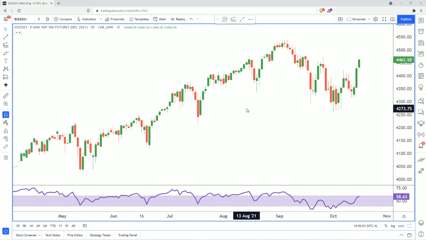Just decided to share with you some analysis I'm doing, just kind of looking at the S&P 500 right now. Actually, the S&P futures, the ES December contract on the daily chart. And looking at this market, it looks as though we're returning back to the bullish side of the markets here